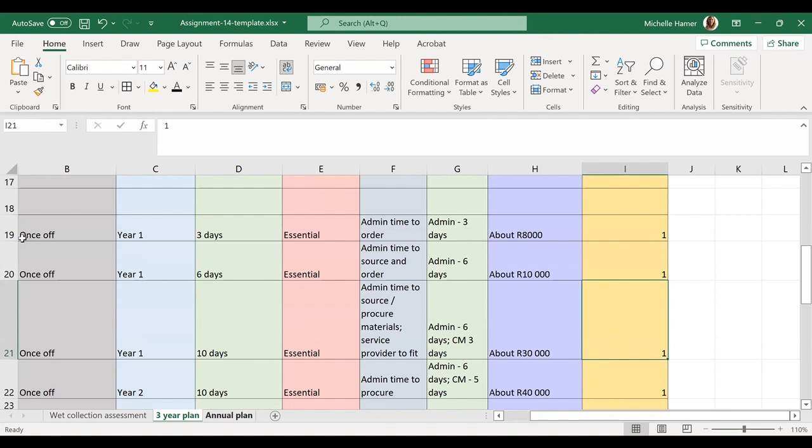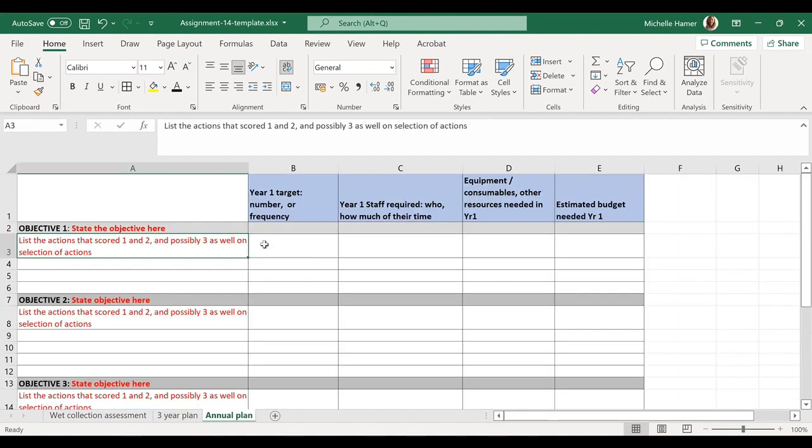So you transfer them here and you say, okay, in year 1, what is your target? So are you going to rebottle and split all 50 overcrowded jars, or are you going to do only 20 of them or 30 of them? So what's your target, or how often do you need to do it? 3, 4 times a year, twice a year, once a year? And then